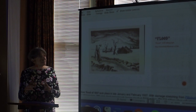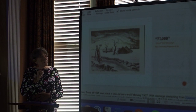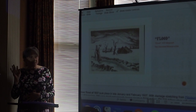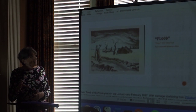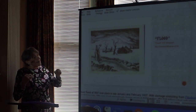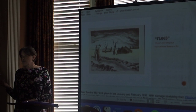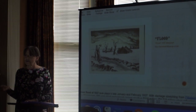Millions of people were displaced. It cost a great deal of money. It was a terrible, terrible flood. And so one of the things that I love to do writing historical fiction is doing the research. So I'm Googling 1937 flood, I'm looking at old Coast Guard reports, I'm looking at diaries from people who lived through the flood, and one of the things I stumbled upon is the existence of a church